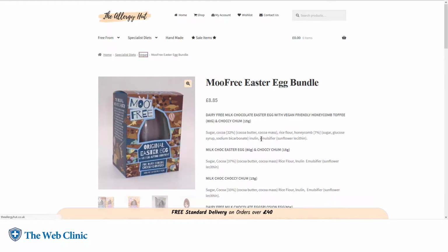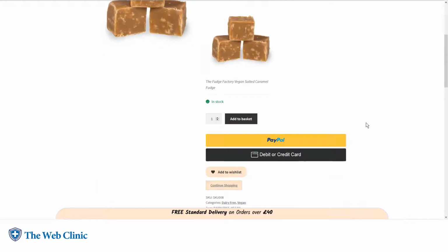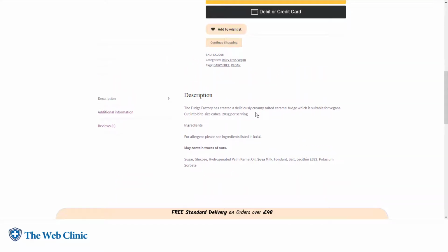Let's just have a look for something else. What else have we got? Okay, vegan fudge. Let's have a look at that. Oh, we've got the descriptions down here now. Okay, the fudge factory has created it. See, yeah, there we go. A deliciously creamy salted caramel fudge. Yeah, you've kind of got a bit more there. Deliciously creamy salted, but